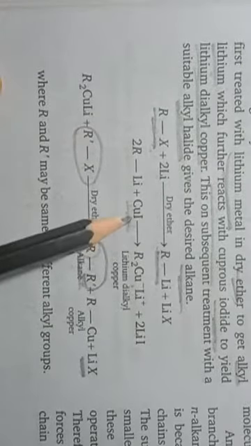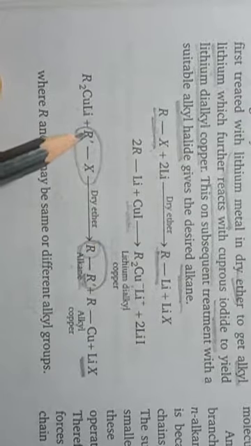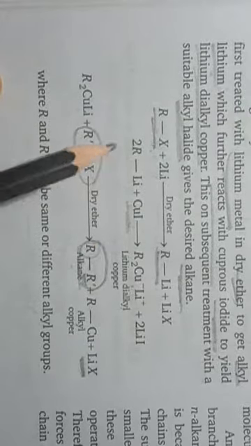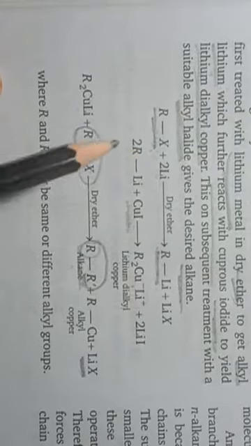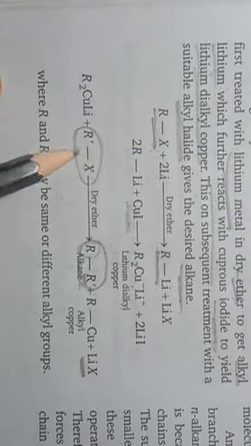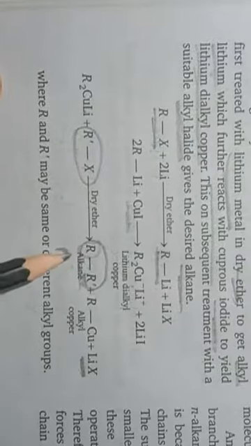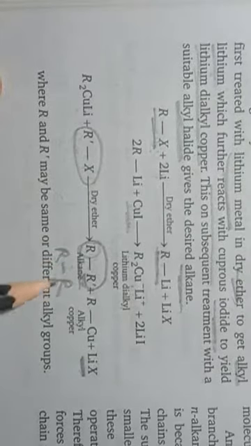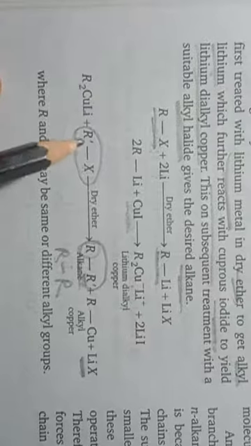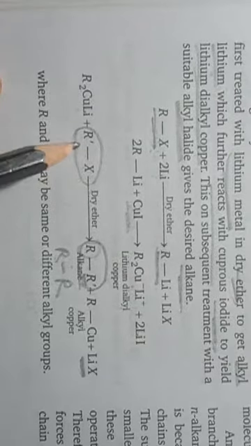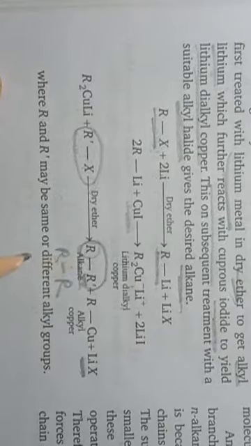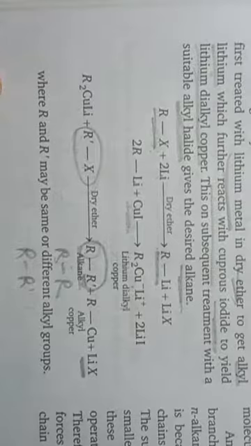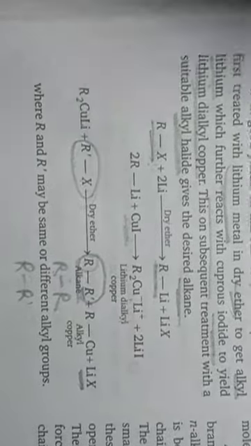Now in the third step, a different alkyl halide or the same alkyl halide can be used. If we use the same alkyl halide, then an alkane of the same alkyl groups will form. But if we use a different alkyl halide, then a different alkane will form which has different alkyl groups. Okay, students. So for example,